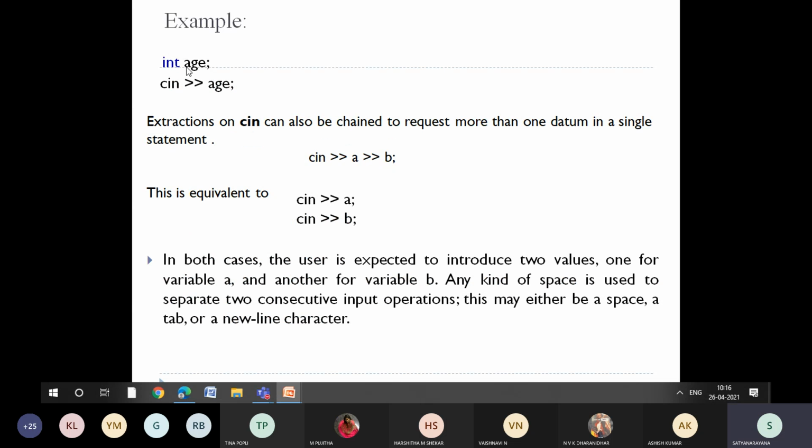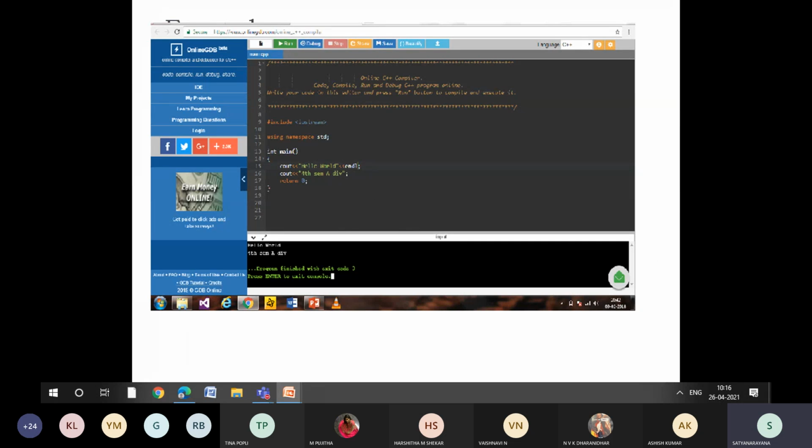Nothing you need to specify. So here you can see, initially we defined a variable called ace. If you want to read the ace from the user side, directly you can say cin ace. Or if you want multiple variables, you call cin, right shift operator or extraction operator, followed by the variables. Like this you need to give an example also in your exam.